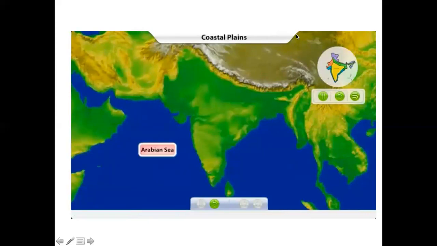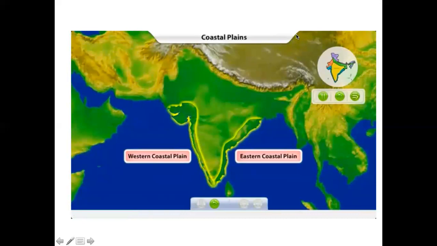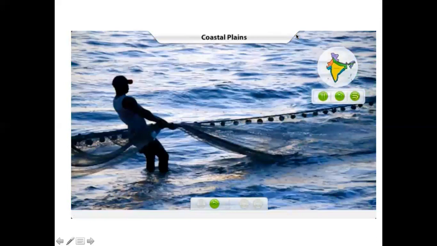India has the Arabian Sea on the west and the Bay of Bengal on the east, giving us two coastlines and thus two coastal plains. If you look closely, you will see that the eastern coastal plain is wider than the western coastal plain. Most people living here make their living by fishing.